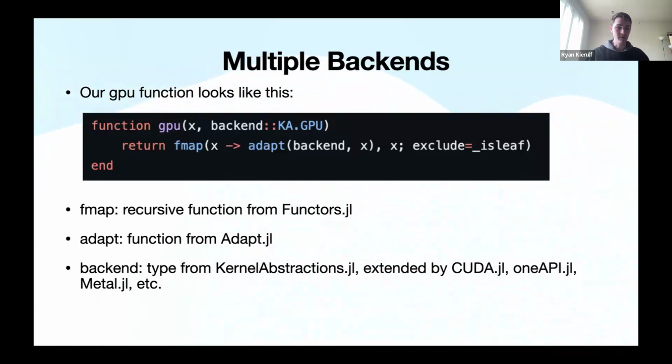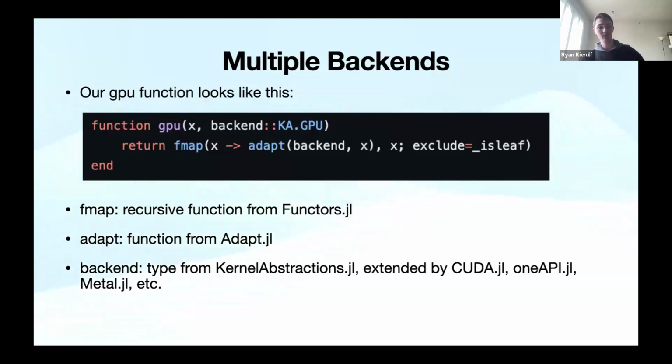And then adapt is a function from Adapt.jl, which actually does the conversion work. And then backend is a type from KernelAbstractions.jl, which is extended by CUDA and exported, so that this is the CUDA backend, Metal backend, etc. And this is really all that was needed to make the GPU function work: just call it in all of our simulation structs, and it'll automatically go through all of them and convert all of the arrays to the GPU array type that we want,